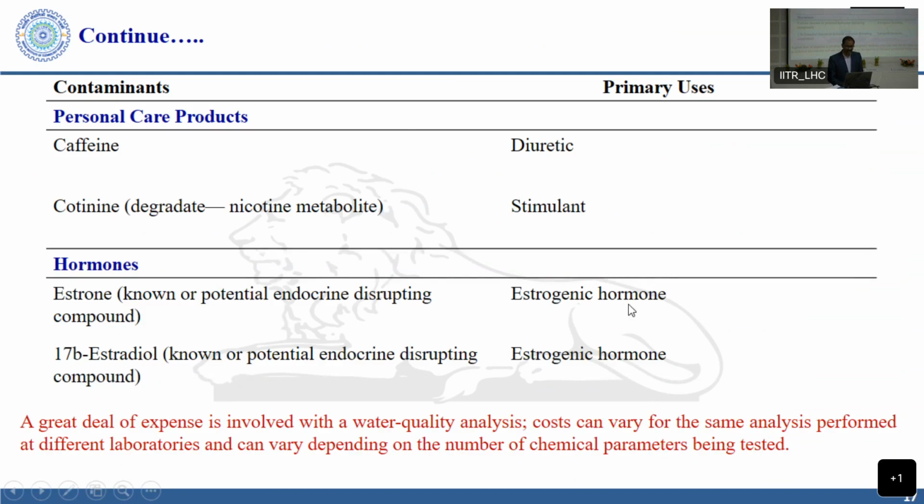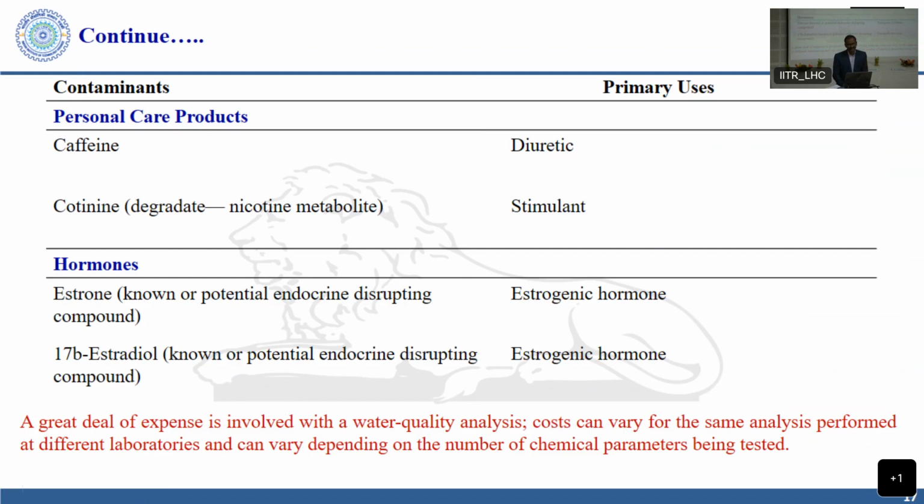your estrogenic hormone. Okay, so these are your different types of emerging contaminants that are used and which knowingly or unknowingly pollute the groundwater here. A great deal of expense is involved with water quality analysis. Cost can vary for the same analysis performed at different laboratories and can vary depending on the number of chemical